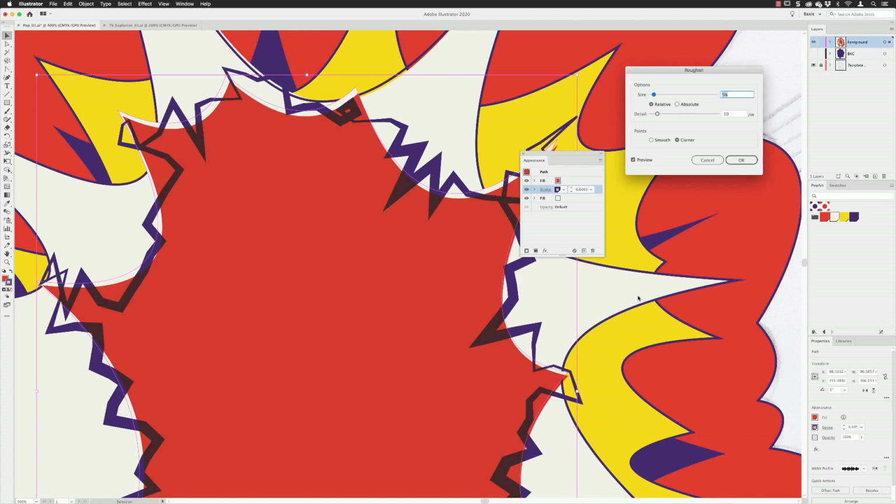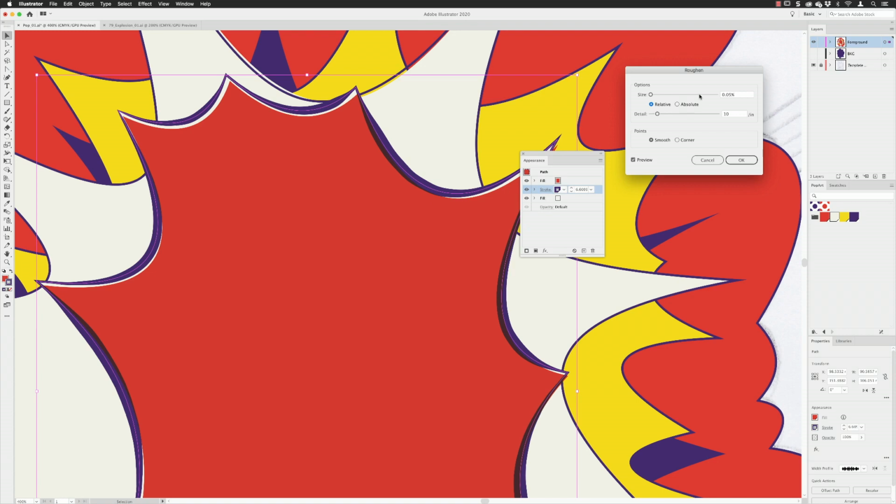Which will tend to do this, it has a very high impact, does the roughen filter. So for this one, I'm going to make sure that in terms of the appearance of its points, it's set to smooth, not corner, and it will do this. And then for the size, it needs to be set really, really low. So swipe over that one and type in 0.05, hit the tab key to see it update, and we get